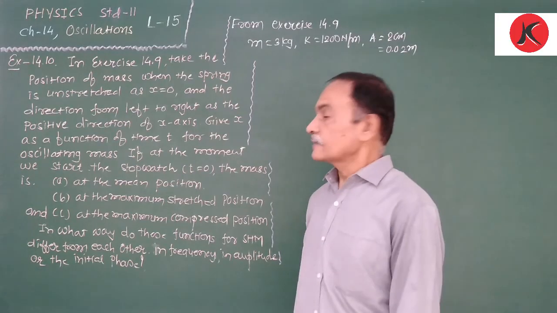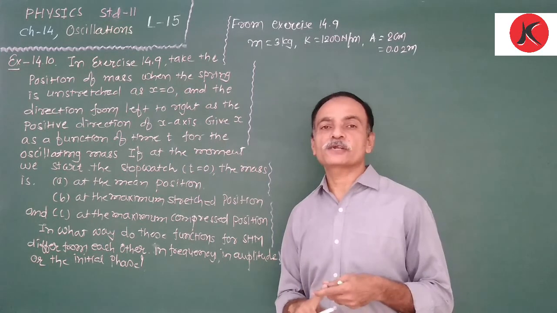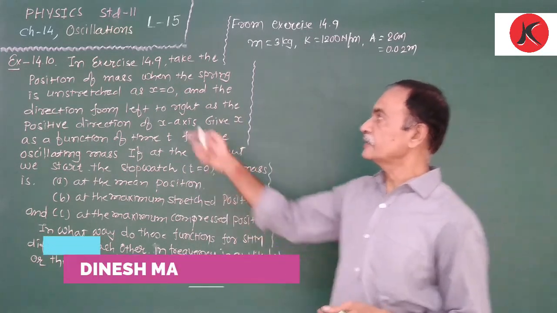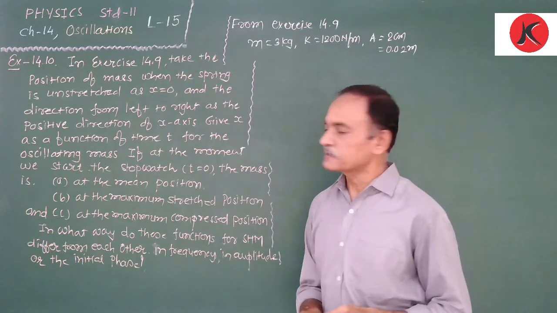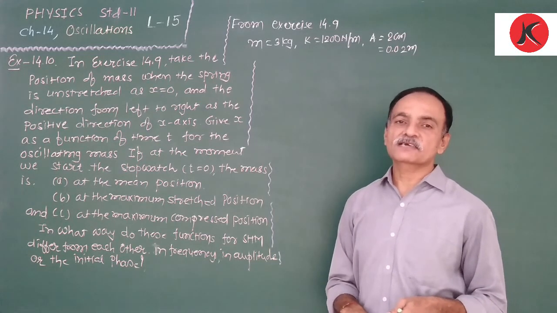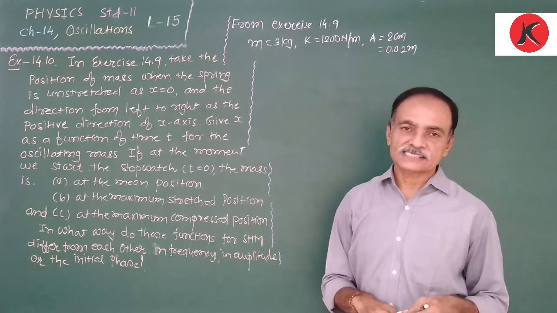Good morning friends. Up to this we discussed the last numerical of exercise 14.9. We take the data of this exercise, numerical 14.9. Take the position of mass when the spring is unstretched as x equal to 0. Now, before it, in the 14.9 exercise,